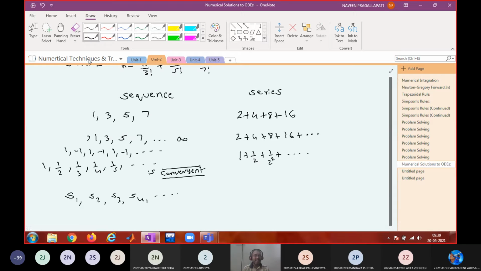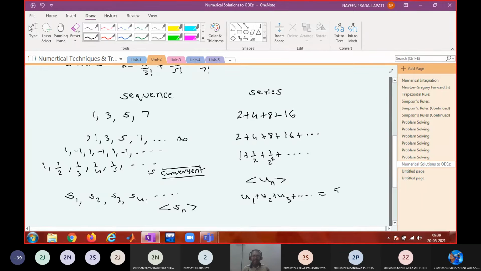Is that okay? So a sequence is denoted like this, or in short, it is denoted like this, Sn. Whenever you see a symbol like this, it means it is a sequence. Similarly, I can write un. This is a sequence un, this is a sequence Sn. If you have a sequence un like this, how can I write a series using un? If I add these terms u1, u2, u3 and so on, this is nothing but a series.